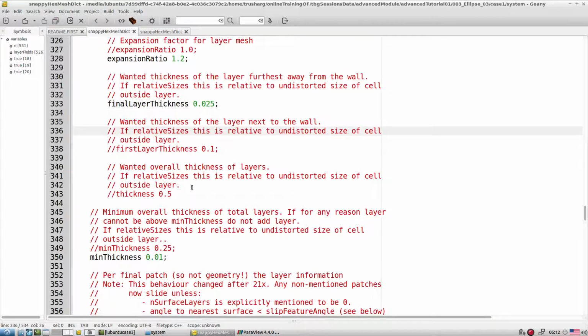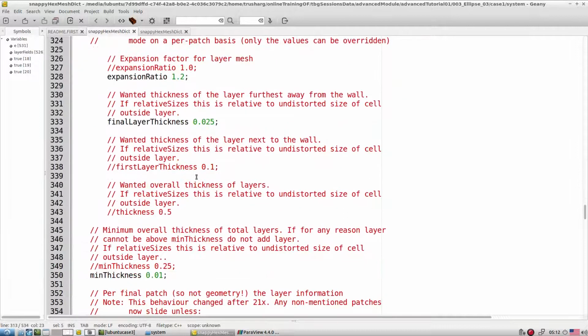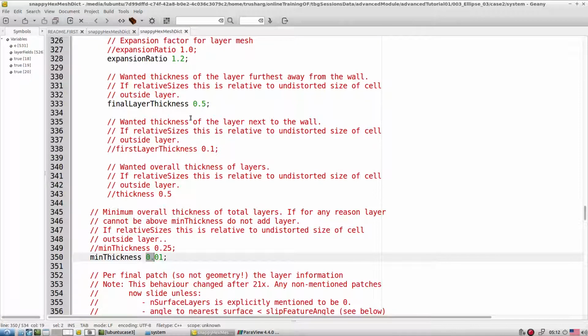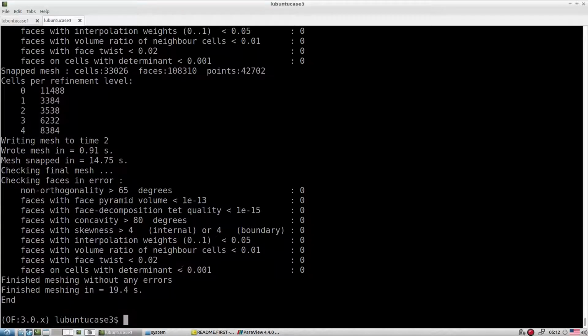With the same setting, if you try to run with true, it is not going to grow the layers, because somewhere it is following the criteria, because now they are checking with the cell that is near to the surface, and that criteria is not appropriate. So sometimes we have to raise this value to the higher side, and with the help of that, when you try to run the case, we are able to get a very nice mesh out of it.